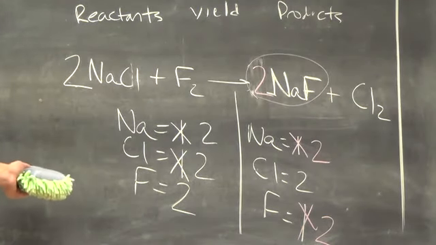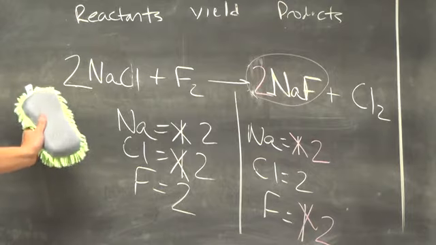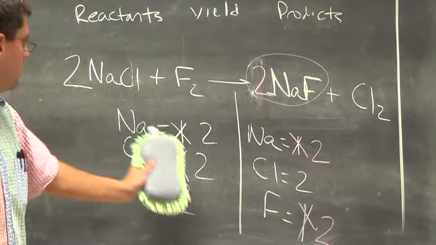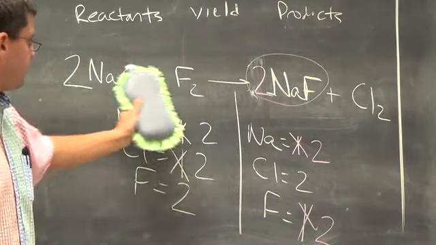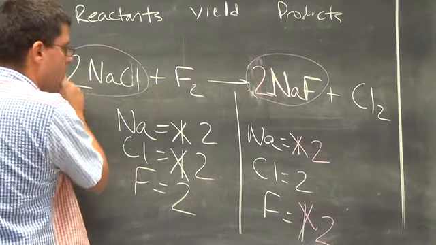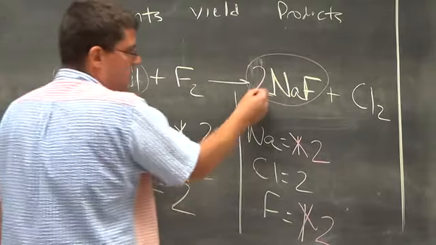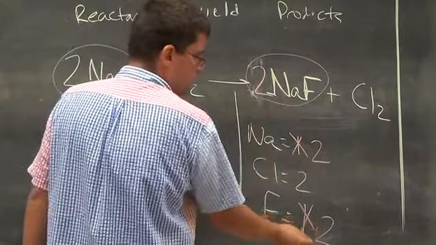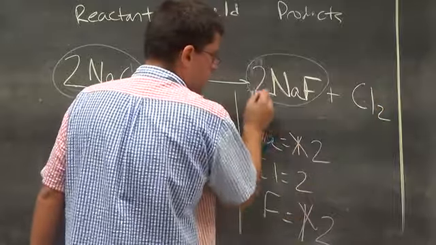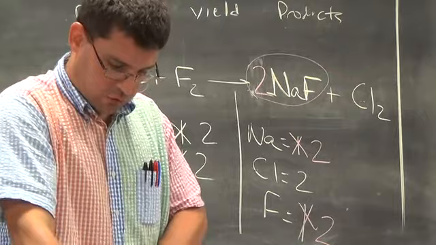Perfect! It's balanced. They're not all going to be that easy. It's trial and error. So let's check. 2, 2. Well, does this affect that? Do I have 4? No. This only affects right here, not here. 2. See, that's 2. Here, 2, 2, 2. This only affects in here. Okay? So the next 3,